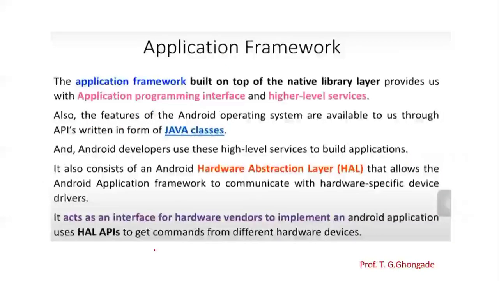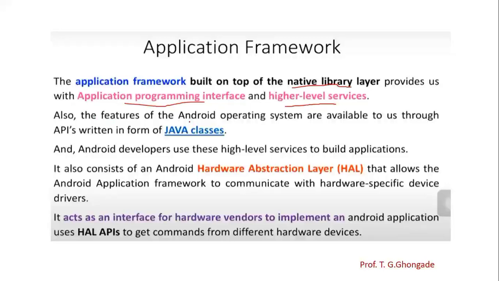Now the next component of Android architecture is the application framework. The upper layer is the application framework layer, as we have seen in the architecture design. The application framework, built on top of the native library layer, provides us with the application programming interface and higher level services.